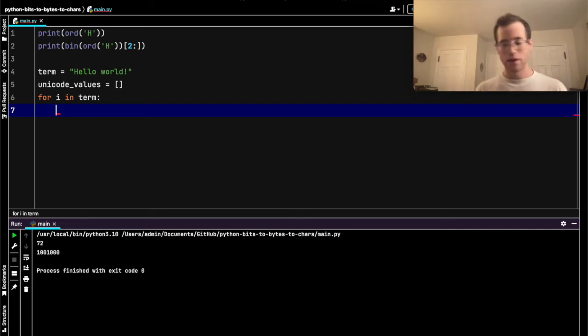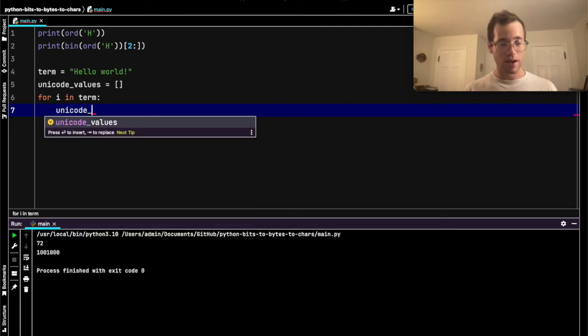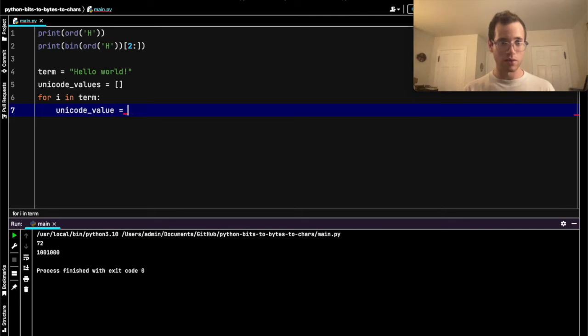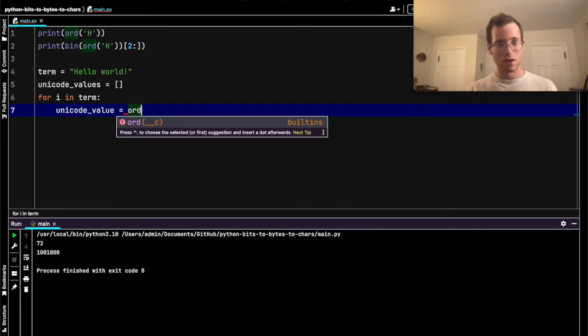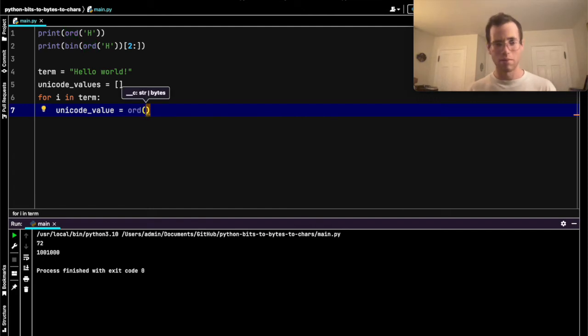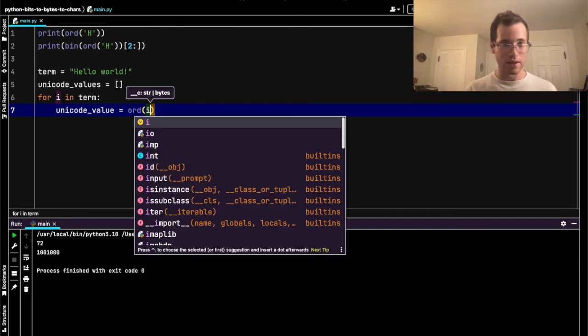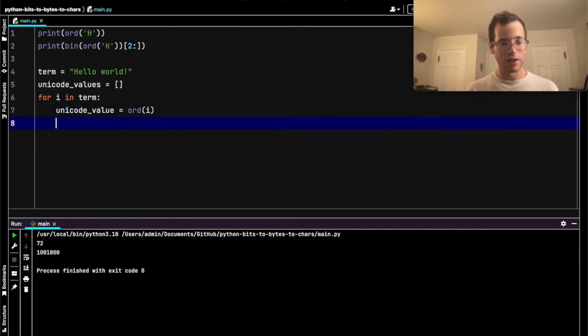What we want to do is look up what is this specific character's value in bytes. So Unicode value will be equivalent to, and here's where we're going to use the built-in ord method of Python. It's telling us this stuff, and we're just going to pass in i, and then I'm going to append this